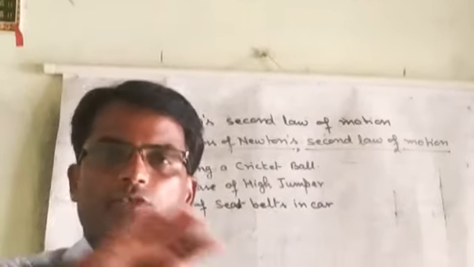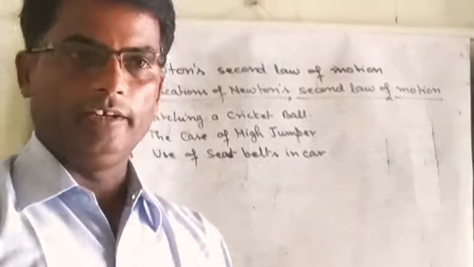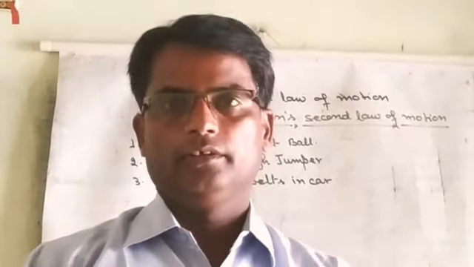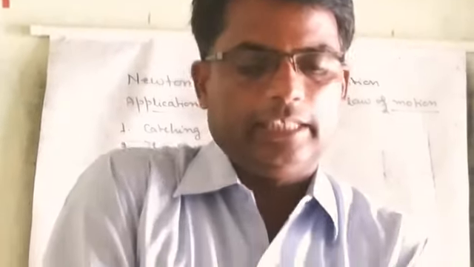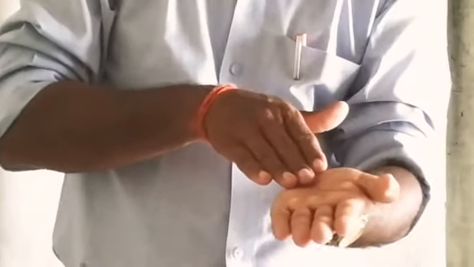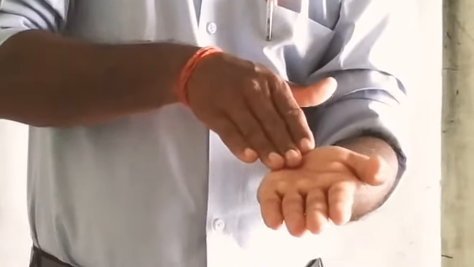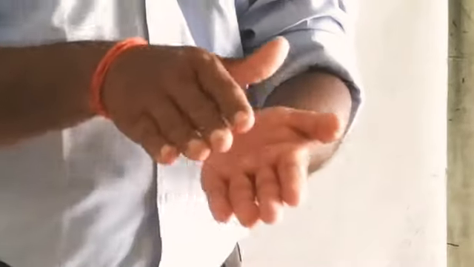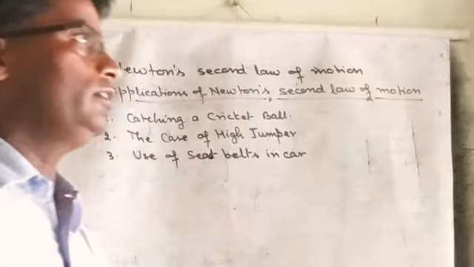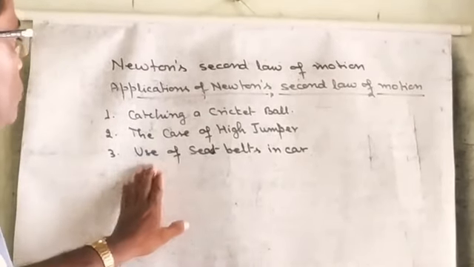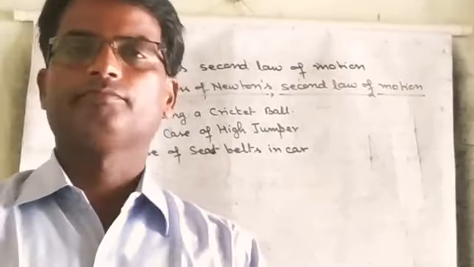That's why we make that place soft, floppy like this, and when he falls down, what happens? His leg moves into the soil like this, because when he moves, the momentum converts to 0, and a few moments are taken. Then when the momentum is 0, his legs do not get injured or hurt, and his legs are safe. The third one: use of seat belts in a car.